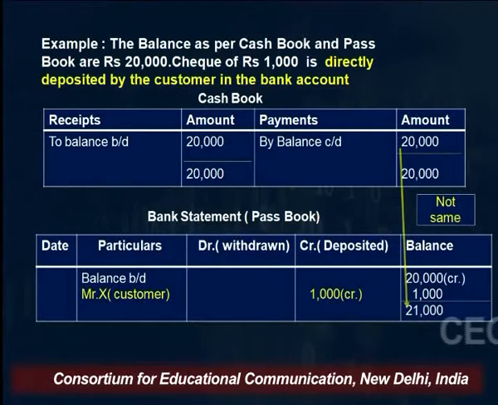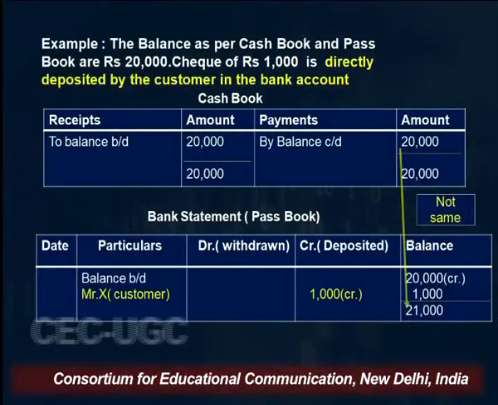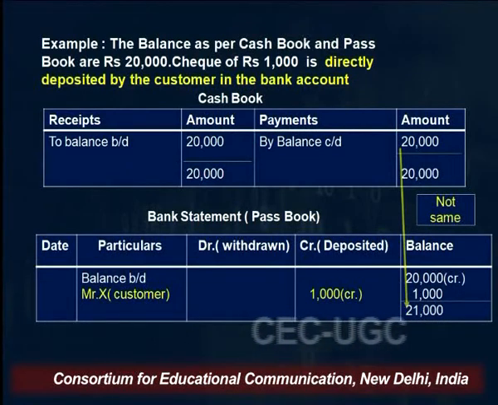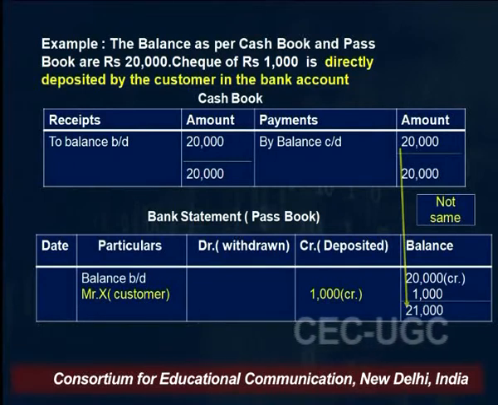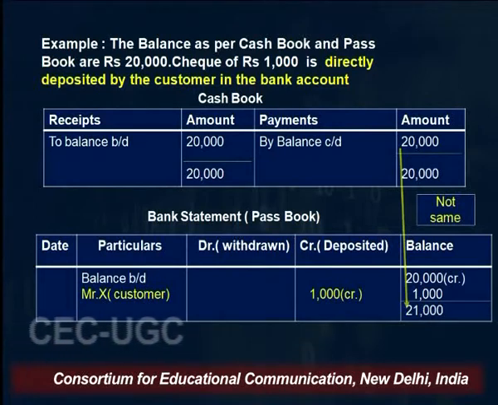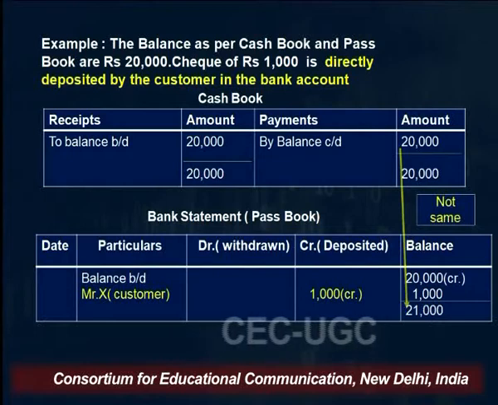So again there is a difference. The cash book is not equivalent to the passbook because there was an entry which was recorded by the bank but not recorded by us, as it is a transaction done by our customer, who directly deposited this amount in our bank account. So we were not aware of this entry. As we were not aware, we have not recorded it in our cash book, as the cash book is prepared by us, and he has deposited the same amount in our bank, and this entry is recorded by our bank. So the balance of the passbook is rupees 21,000, whereas the balance of the cash book remains unchanged, that is 20,000.